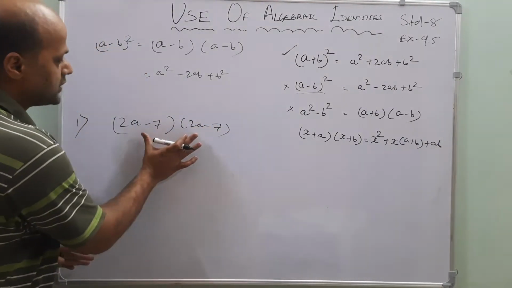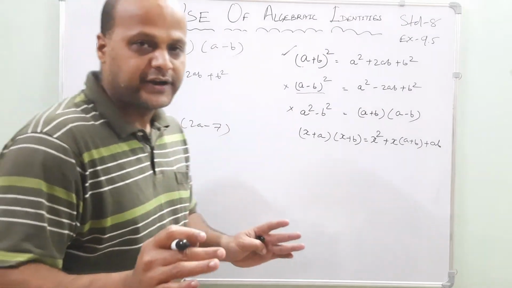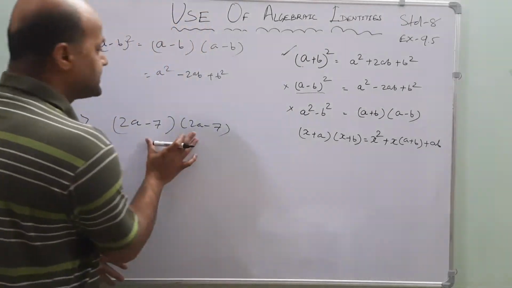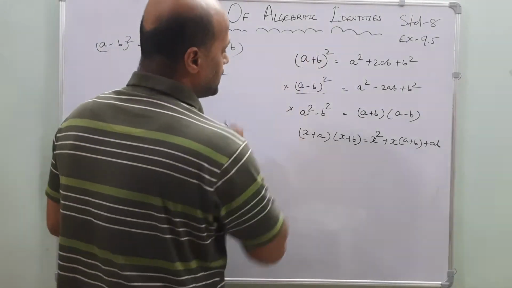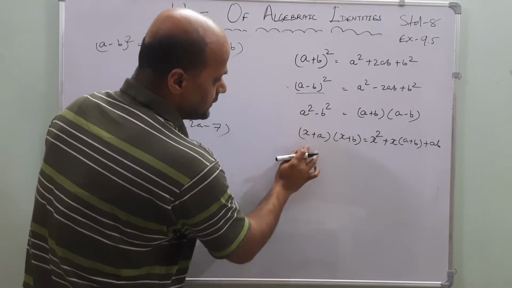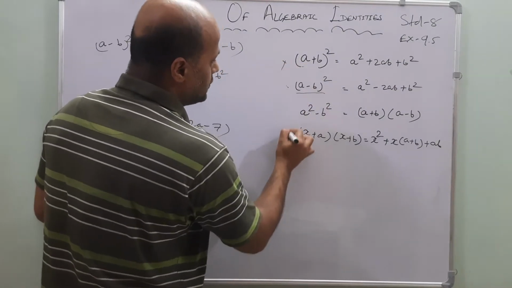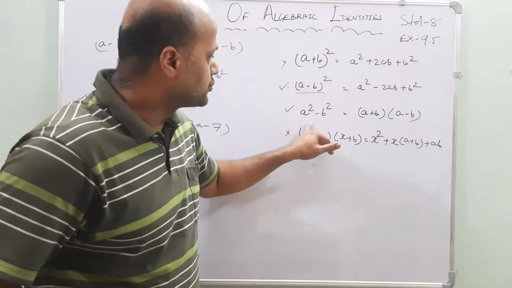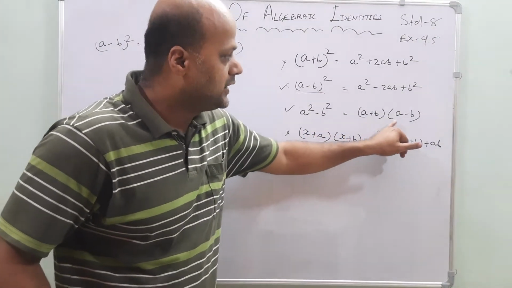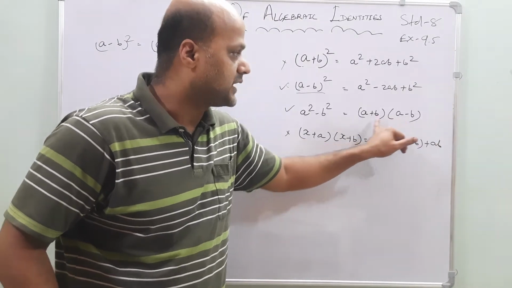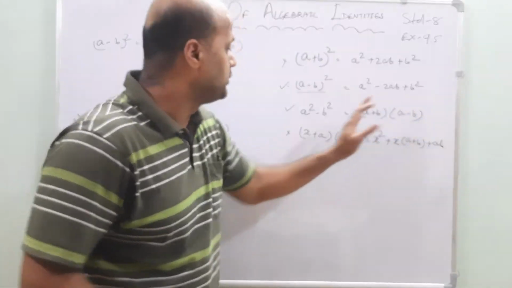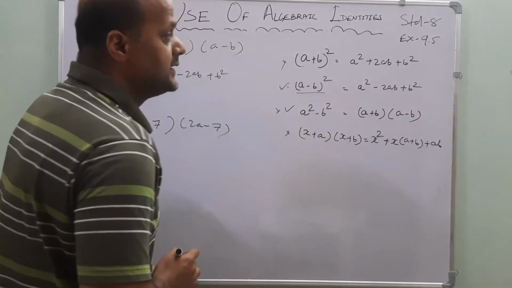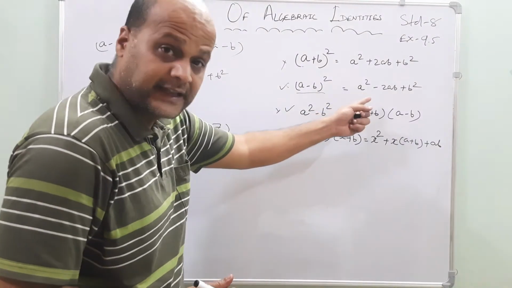Now first thing is what? We have to recognize, out of 4 identities, which identity is having minus signs. This is plus, this is not there. This is plus, this is also not there. Only 2 cases are there. Here, 2 formulas: a square minus b square, it is (a + b) into (a - b). Here, 2 expressions with either plus or minus will be there. So, it will not be there. Which one will be left? This one is left right now.